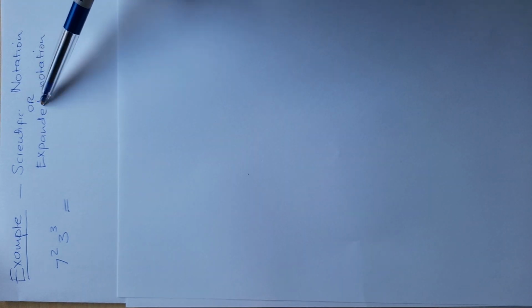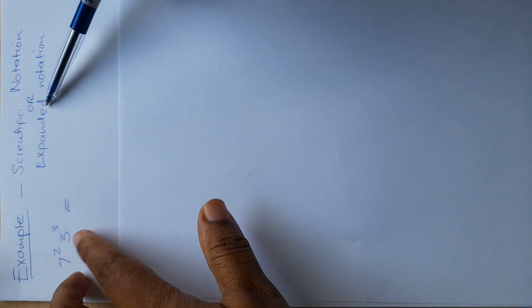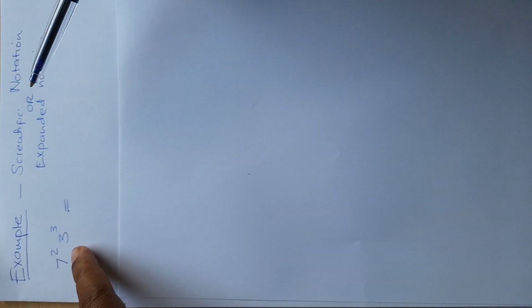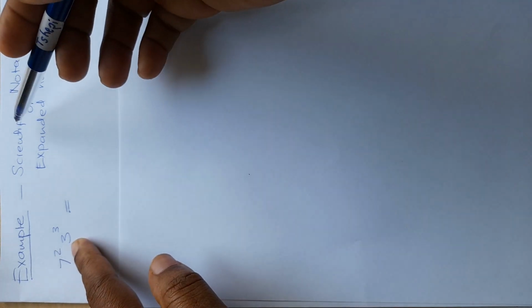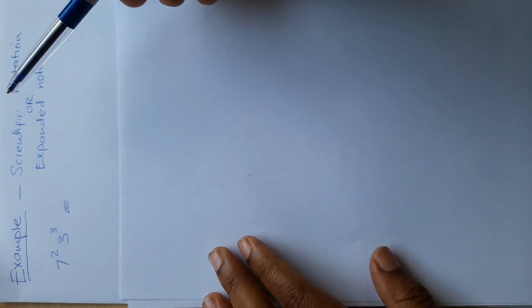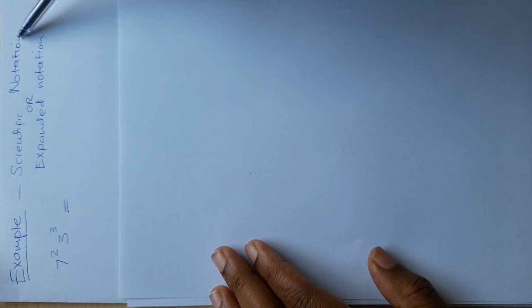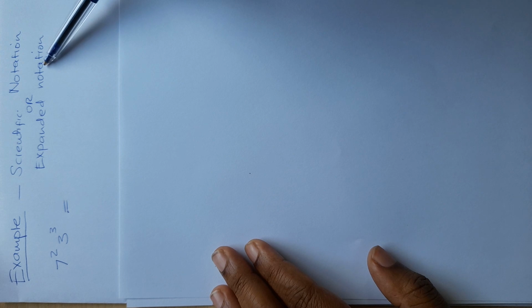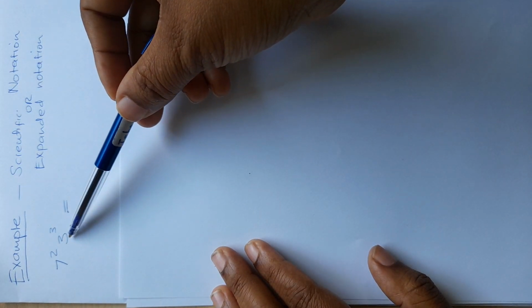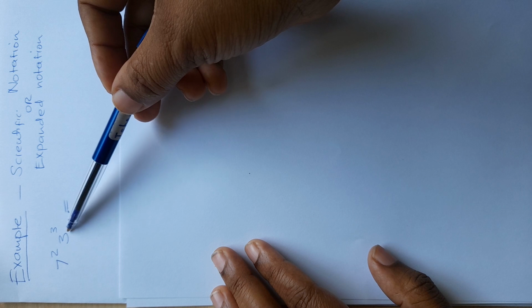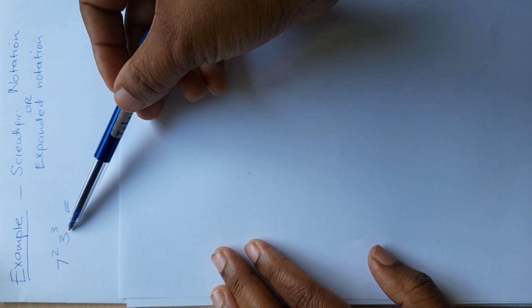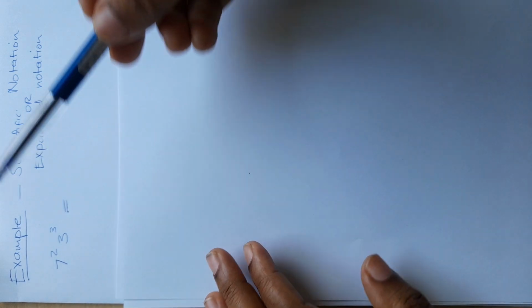Okay, we call this rewriting the number in scientific notation or expanded notation, because as it is in exponential notation. So if we rewrite it in scientific notation, we expand it. So we can also say scientific notation is expanded notation. Okay, so let me do this example so that I can help you with exercise 1.4 and exercise 1.5